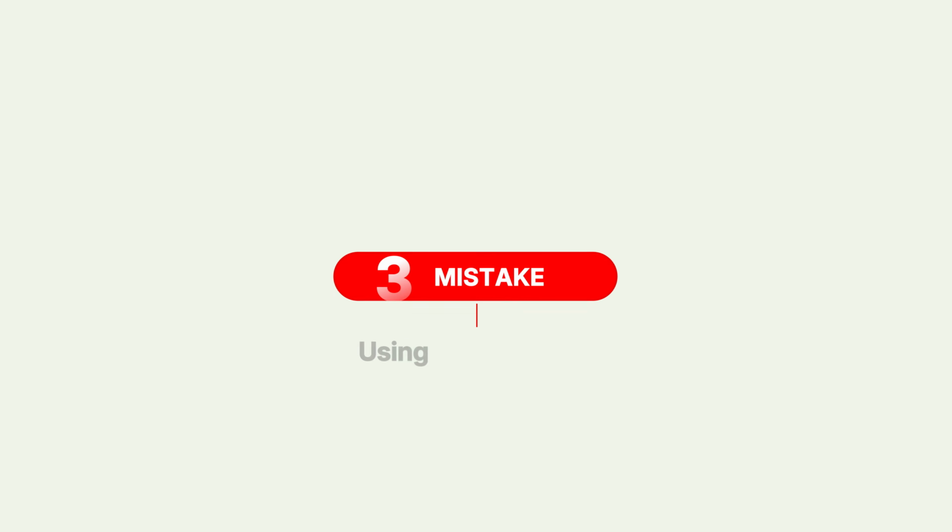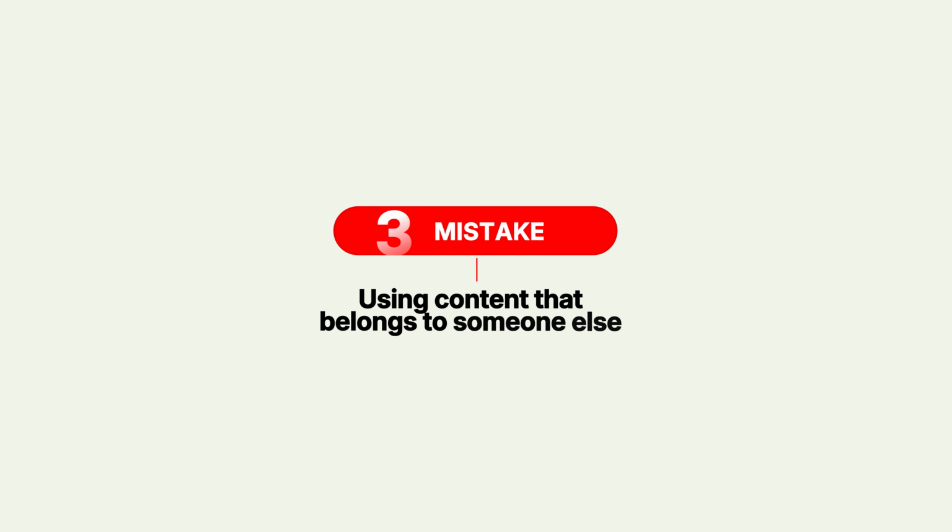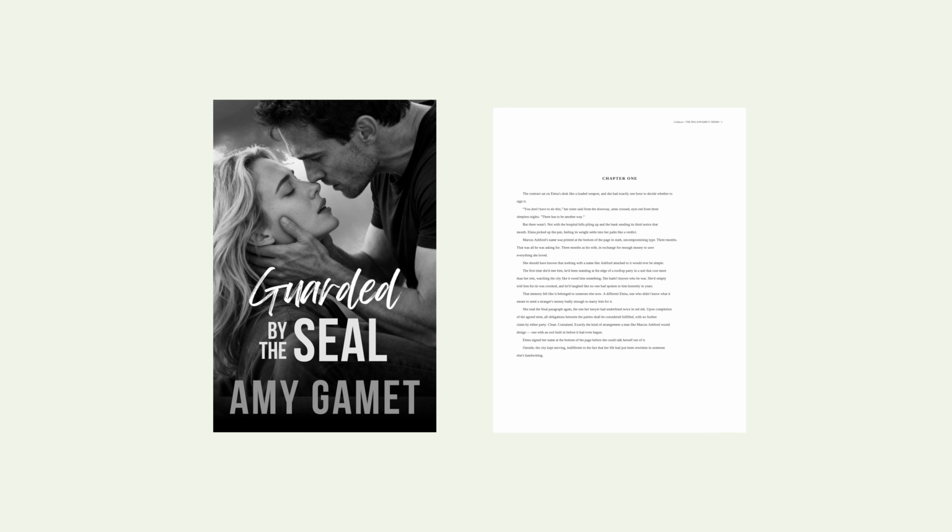So mistake number 3 is using content that belongs to someone else. And this shows up in 2 places, your cover and your manuscript. And both of them matter. Your cover designer is finding images somewhere, stock photo sites, AI generation tools, their own library, and not all of those have licenses that allow commercial use in a published book for sale. When you upload that cover and click the rights checkbox, you're stating that you have the right to use every image in it commercially. And if the license on one of those stock images doesn't cover that, you have a problem, even if you had no idea.